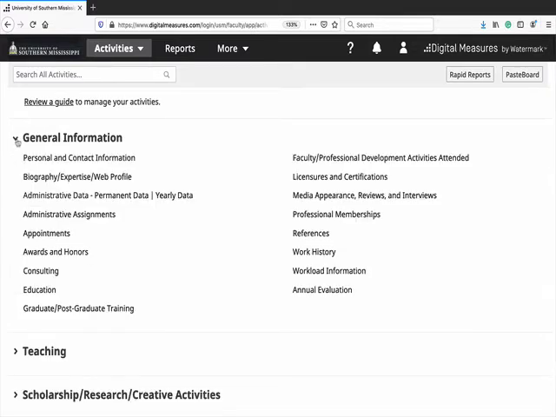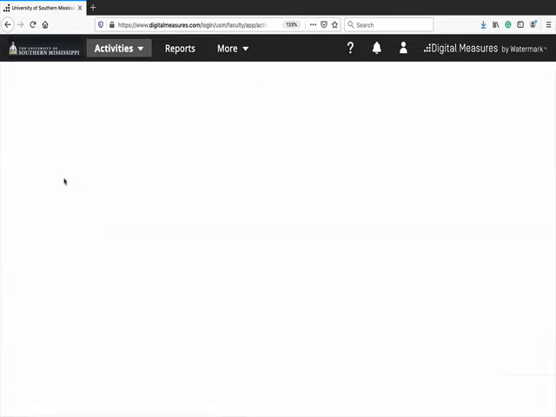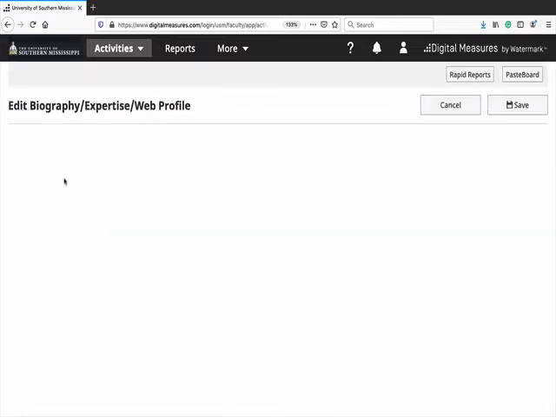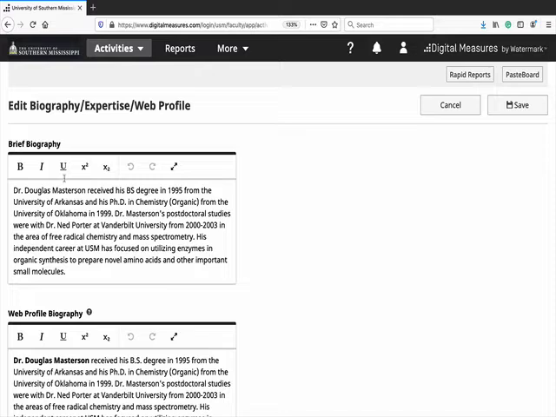However, in any of the panels that you go into now, anywhere there's a place for you to add a considerable amount of text, you now have the option of using rich text formatting. So for today, I'm going to focus on our biography, expertise, and web profile panel, which is the one that I think most of you will be interested in. And what you'll see when you log into that is that it actually looks quite a bit different from what it looked like before. So now you'll notice that you have an option here to bold or italicize, underline, superscript, subscript, various characters that you may have put into